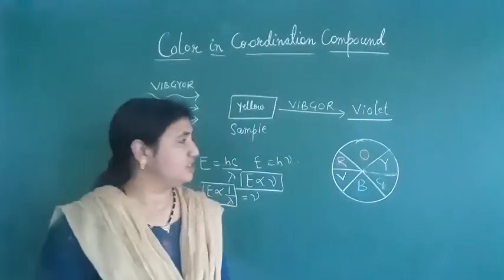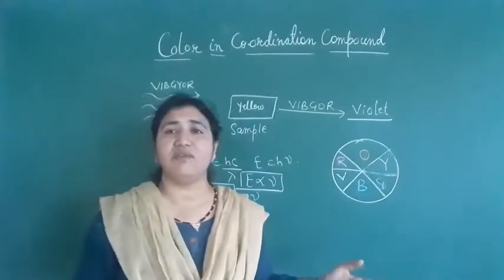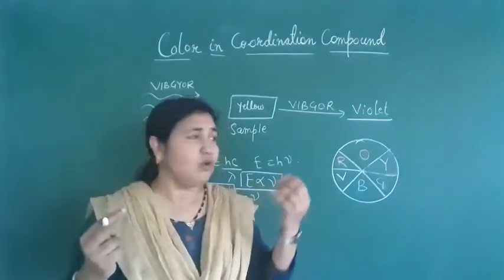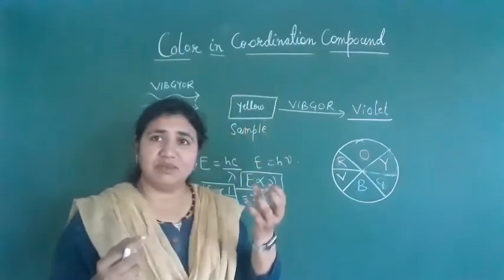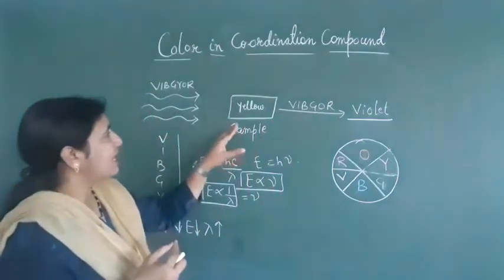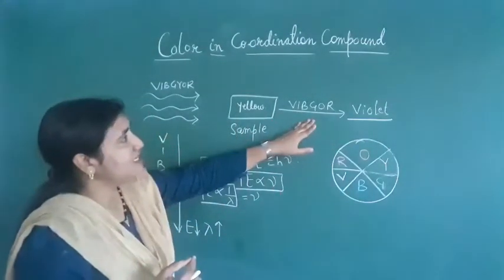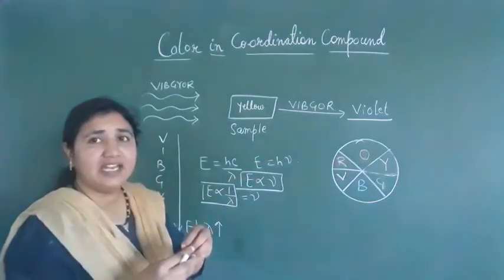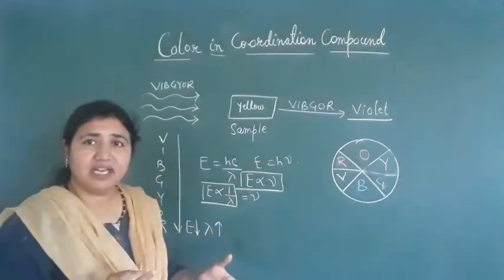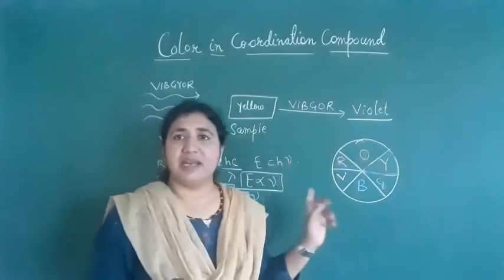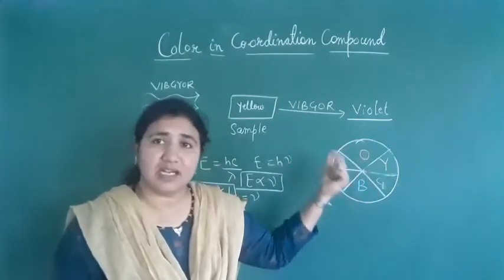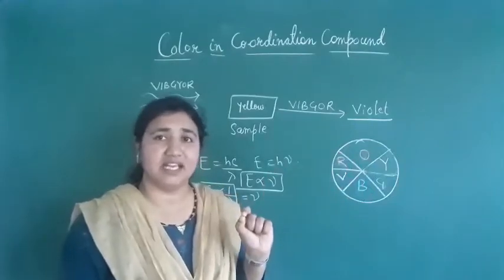Actually, in general there is no color for any substance. This is just our eye process. If any substance absorbs light and reflects the remaining light, the remaining reflected lights get added up and give a complementary color. That complementary color can be seen by our eyes. Only if they reflect the wavelength can we see it with our eyes.